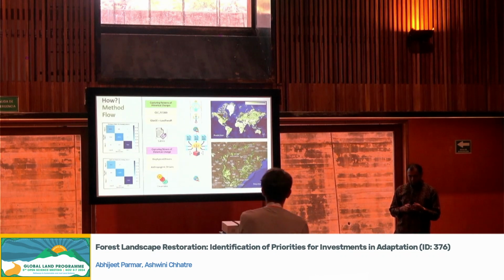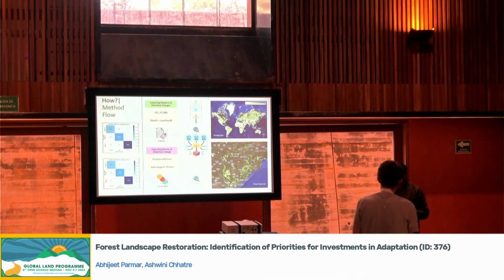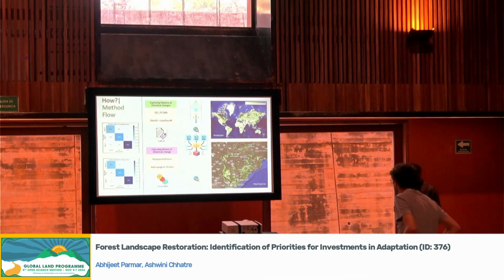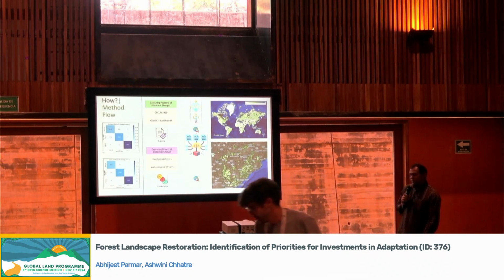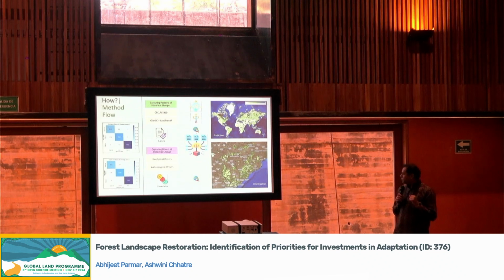As probably just elaborate a bit more what is. So prioritization basically refers to what are the different objectives. As a planner, suppose my objective is to get the carbon credits, or my objective is to achieve biodiversity richness in a particular area. So that is what we mean by prioritization.